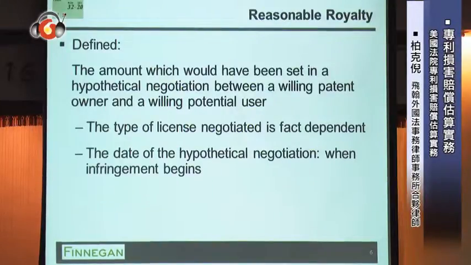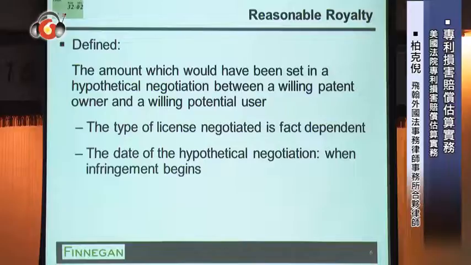Now, a reasonable royalty is less rigorous. It's less defined, and it's more flexible. We talked, Dean Liu referenced this earlier. It's a very flexible analysis and often difficult to nail down and get parties to agree on how it would look.